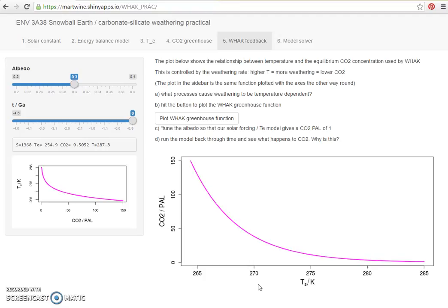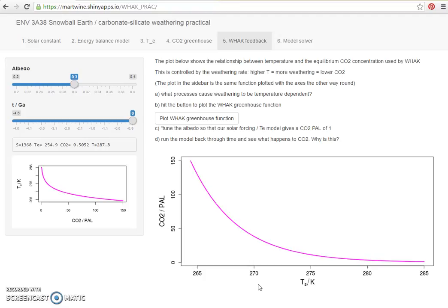So as the temperature increases, the CO2 concentration decreases because weathering is temperature dependent. And so as temperature increases, CO2 drawdown increases, and the equilibrium CO2 concentration decreases. So what we have here is two simultaneous equations describing the interactions between temperature and CO2. The greenhouse forcing is the effect of CO2 on temperature, and the weathering effect is the effect of temperature